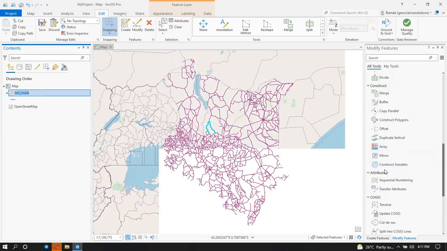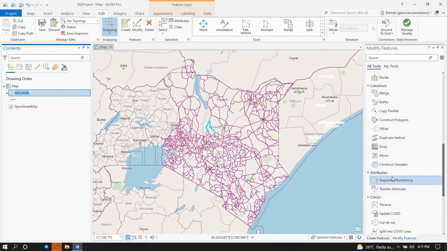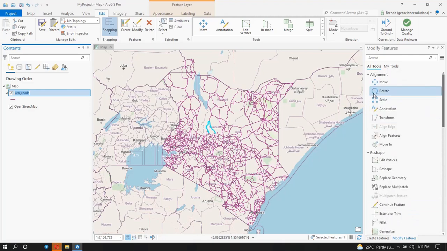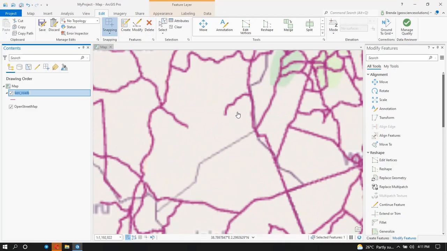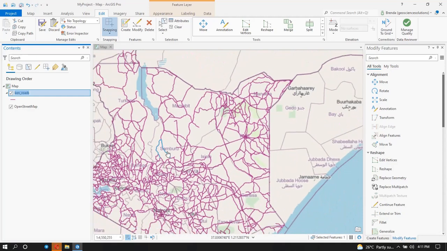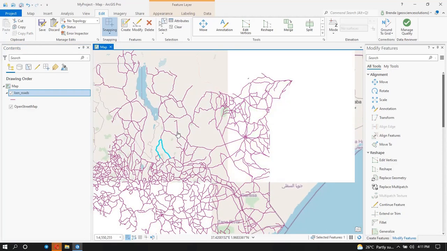You can also edit attributes. You can do sequential numbering, or if you want to transfer attributes, and also things to do with the center. So that's what you do when you want to edit. And if you want to delete, you can click on delete here. So we can delete maybe this. If we select this road here,